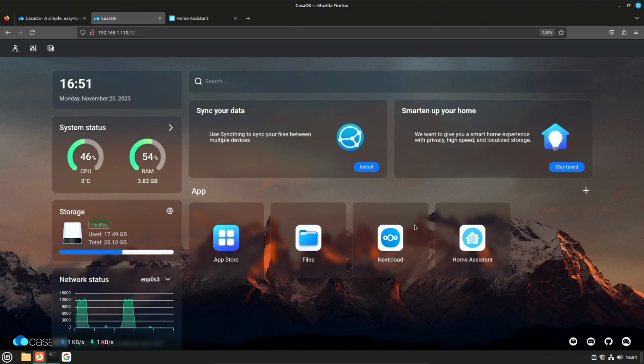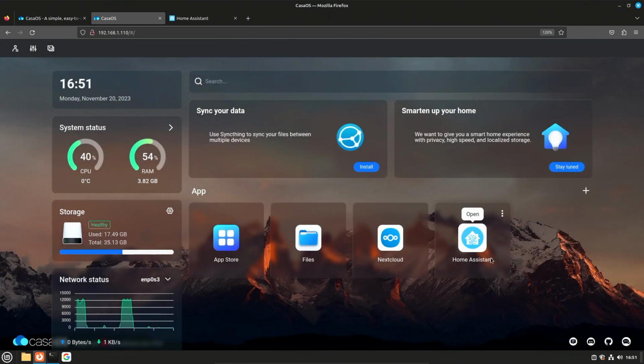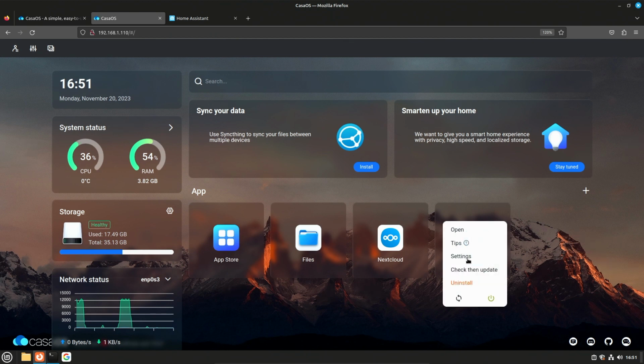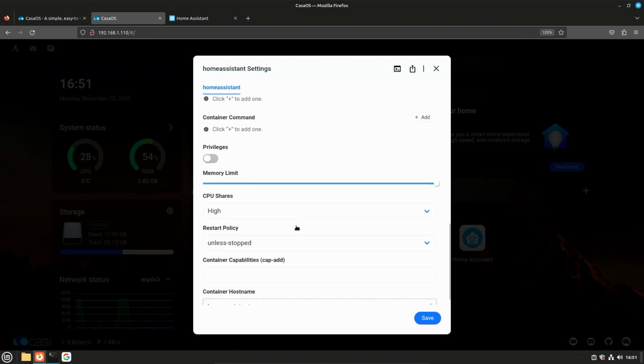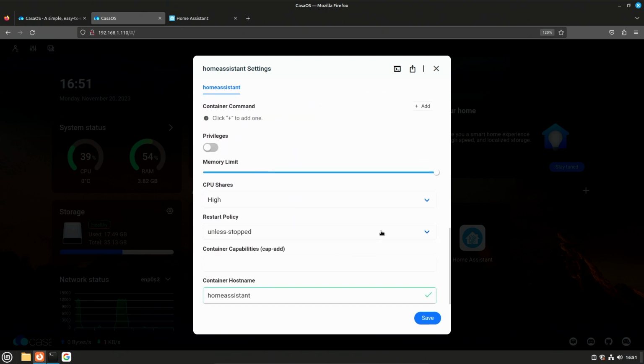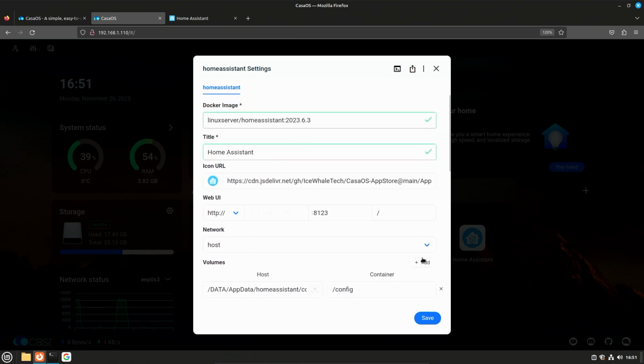Okay, so I think we'll have to reinstall that. Let's see how easy it is to reinstall. Uninstall. Okay, let's see. So we got different things here. What about the settings? Could I just change the password or something? Let's see here. It doesn't look like I have an option to do that. Okay. So no big deal.